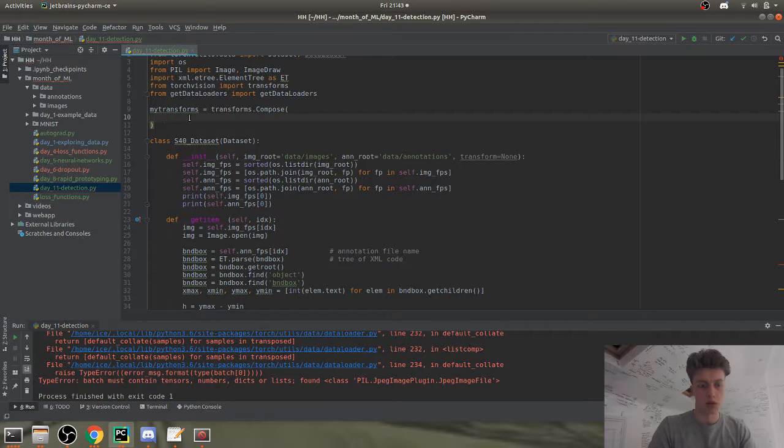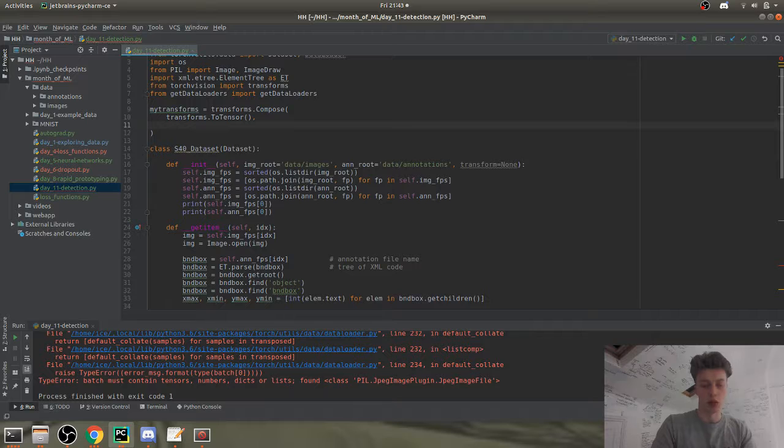So first thing we're going to do is transform to tensor, so ToTensor, and then we'll do transforms.Resize. So we transform our PIL image into a torch tensor, and then we resize it to some shape, let's say 64 by 64,